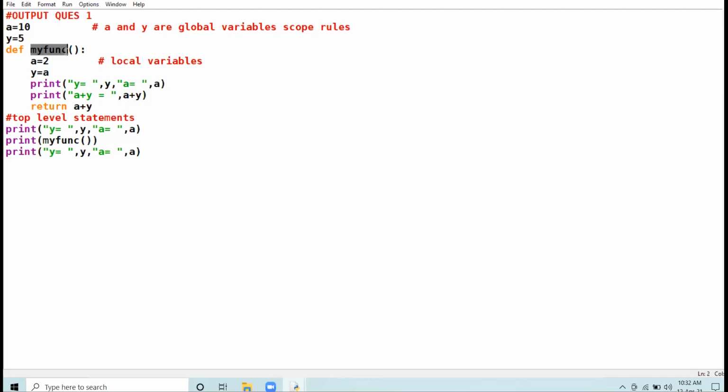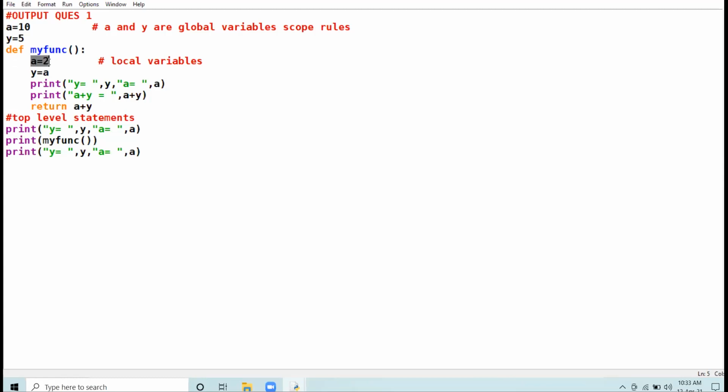Listen carefully, entire 12th class, after this statement, your concept will be totally clear to you all. Inside any function, if you are assigning any value using the assignment operator to any variable, अगर फंक्शन के अंदर आप किसी वेरिएबल को कोई वैल्यू असाइन करते हो, that creates a local variable with that name.